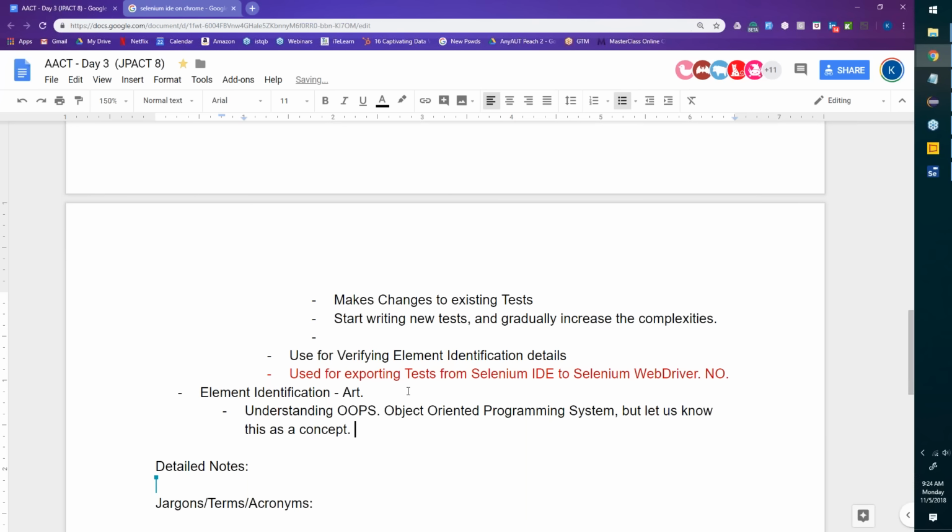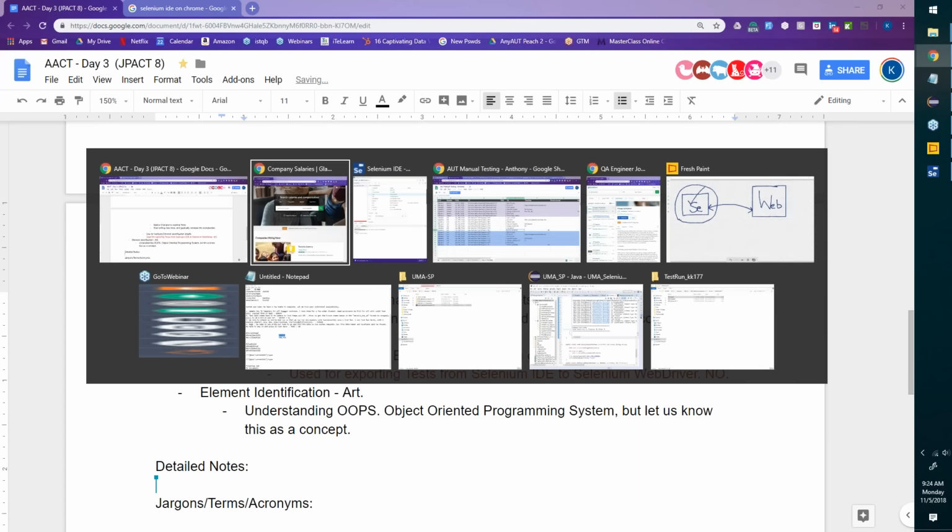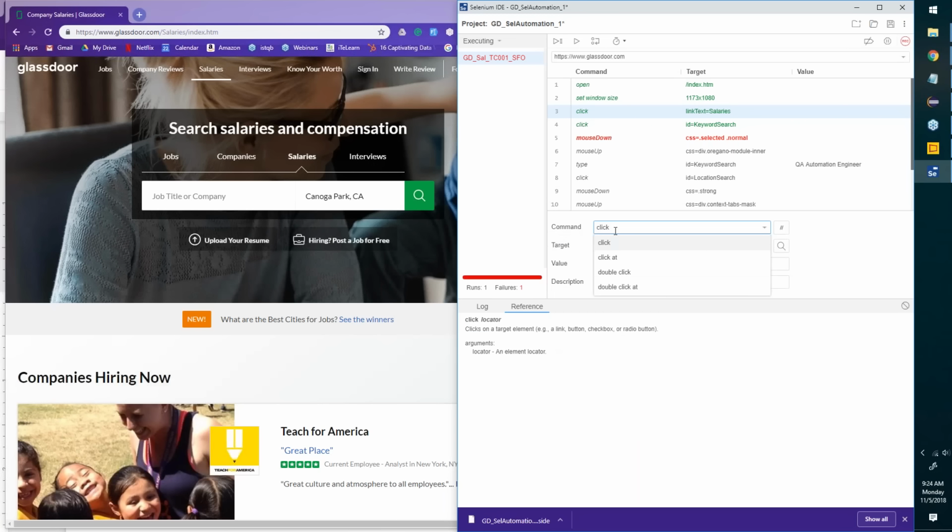Now back to Selenium IDE. In the section here, you see that whatever is the command, my reference is here. Do you notice that this is a drop down and this is also editable? So there's click and I can see everything that has the word click. Let us delete this and just play around. I deleted everything and I see a list of a lot of options, maybe 30, 40, 50, 60.